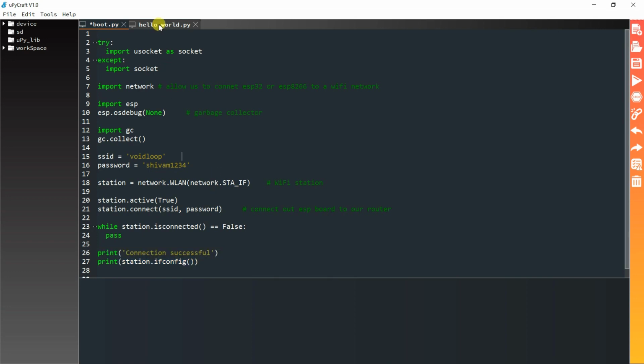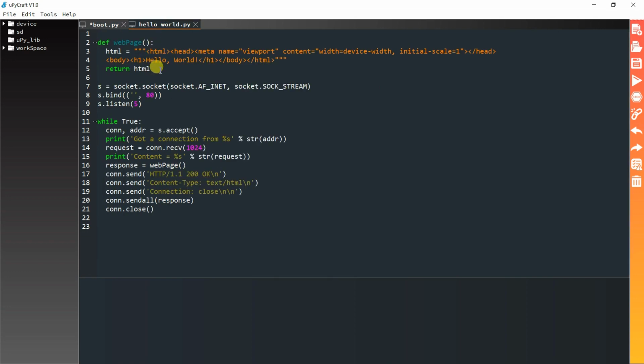Now we will go for hello-world.py. This is the HTML code to create our page like Hello World. This is to create a socket using the socket.socket function and specify the type. We create a new socket object with the given address family and socket type. This line binds the socket to an address